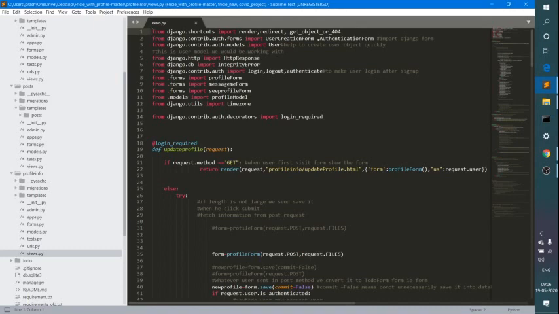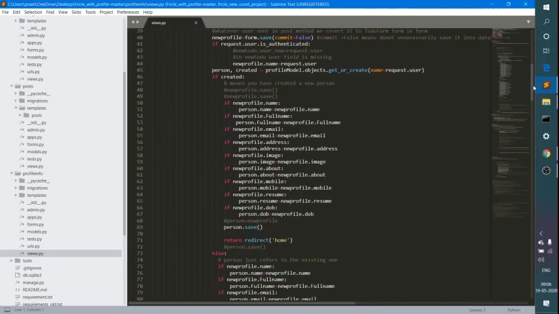This method shows that if you request through the GET method, then you will be shown a form in which you need to fill in your details. If you click on save, then all the data will be sent through the POST method, which is not visible in the URL bar, and it will be saved into the database.